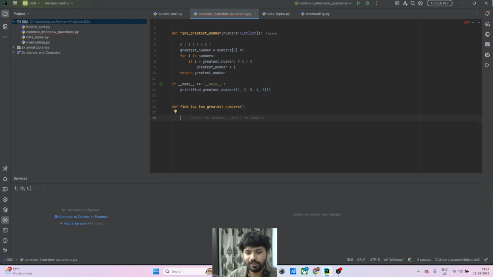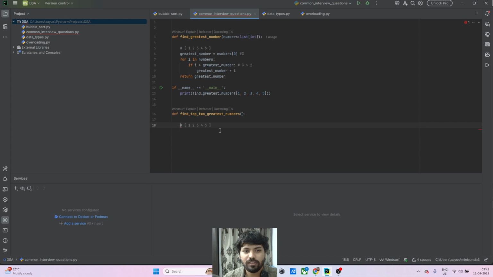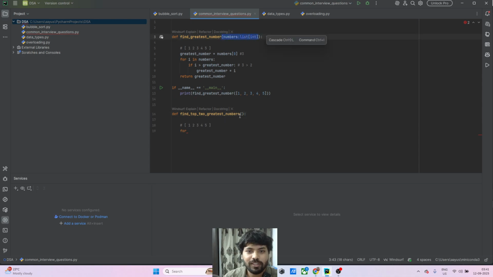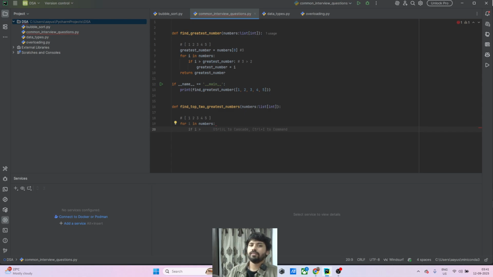Obviously we would have to loop through it. So let's again take this here, and let's just write the loop, and it will take in parameters, obviously. Now let's see what can be done. So for I in numbers, okay, so to do that, assume that